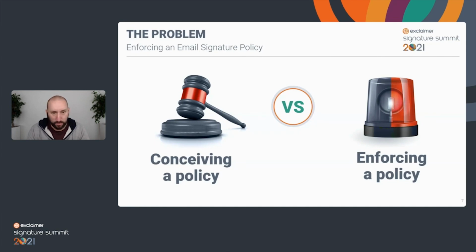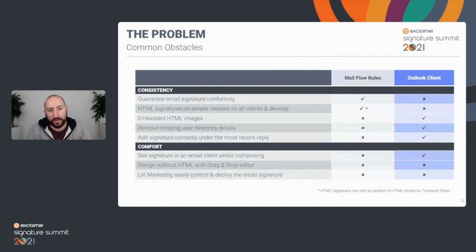We can very easily come up with all of the many things we want to do with our email signatures, but how we go about then getting those signatures into place is really where a solution like Exclaimer Cloud can step in. Because enforcing a policy can be very much a hassle otherwise. We see organizations trying to enforce a signature policy really in one of two ways traditionally. Either they'll use mail flow rules, transport rules in the Exchange Online service to try and put the signatures into place for users,